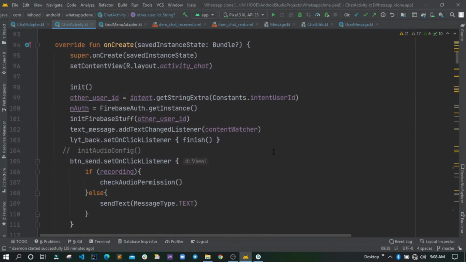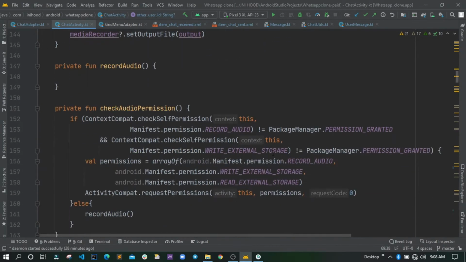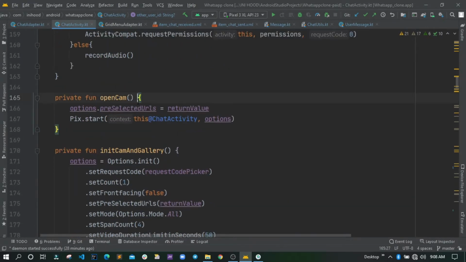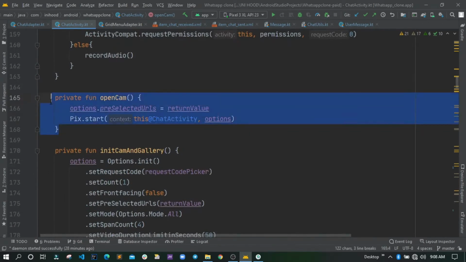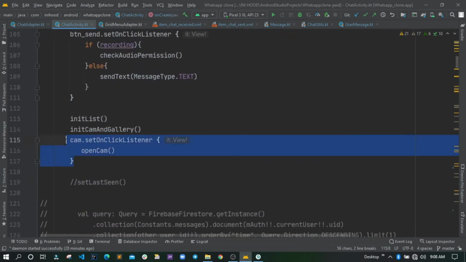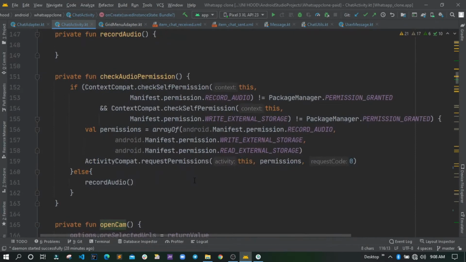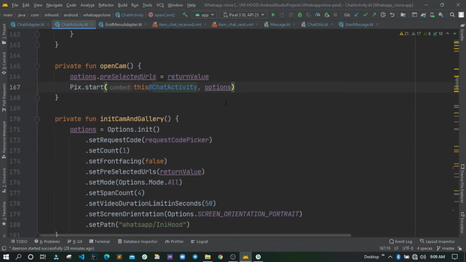Let me check out the code. Yeah, so this is it. Whenever you click on the image icon, this is the method that gets called. Let me look for the click listener. Yeah, so this is the click listener of the image icon. Whenever I click this, it opens the camera. That means it calls this method called opencam, and the method opencam just initializes the Pix camera library, and then